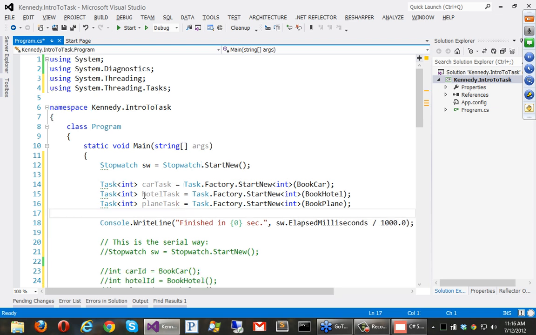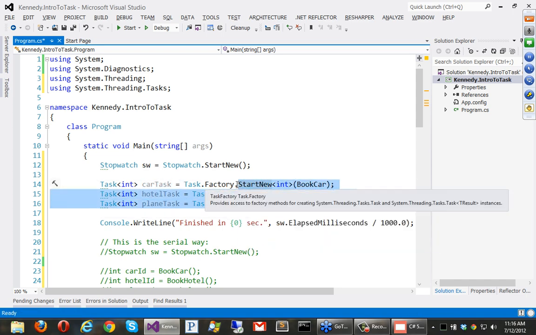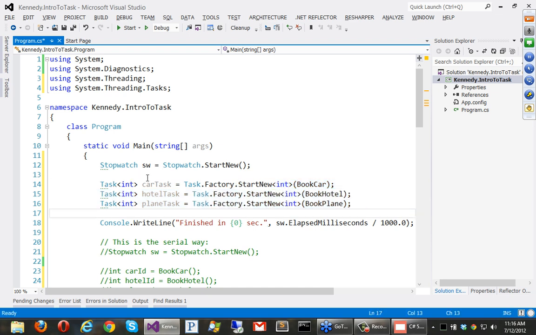Okay, so you guys might be thinking, all right, excellent. We're going to be able to do all these at the same time. We have these 3 separate tasks. They're going to run, and it should take not the sum of the pieces, right? Not 16 seconds, but it should take just the longest one. We only need to wait until the longest one is done. The others should already be done since they're all happening at the same time. But it turns out that there's a feature of the task that you'll see here in a second.